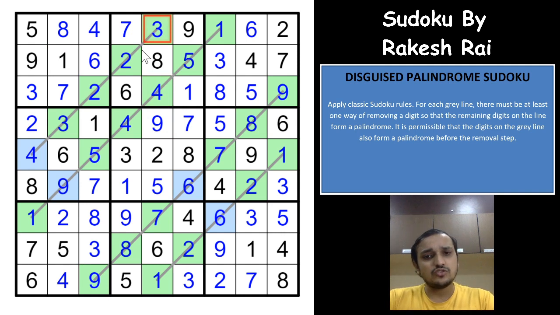So you will have to actually look out for a few tips in this Sudoku. I would say it is the odd even thing I already said, the number of cells you have to look out for on the palindrome line. And the second thing was that if both the endpoints are different digits, then one of them will have to be wrong. That is the most important logic in the Sudoku.